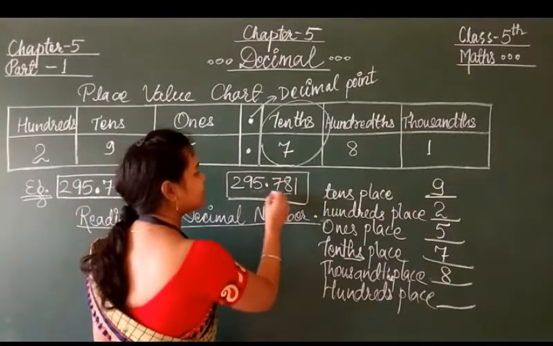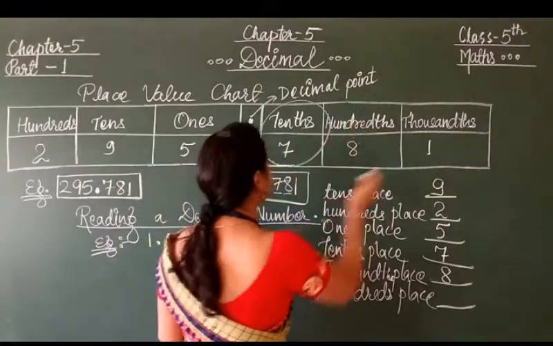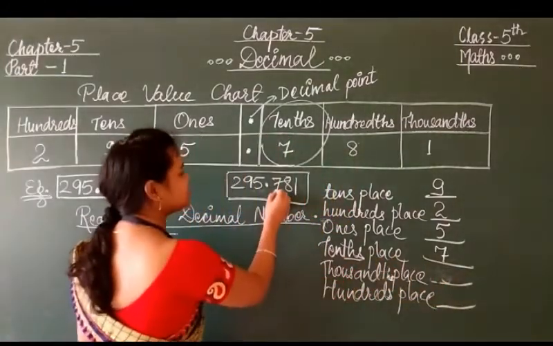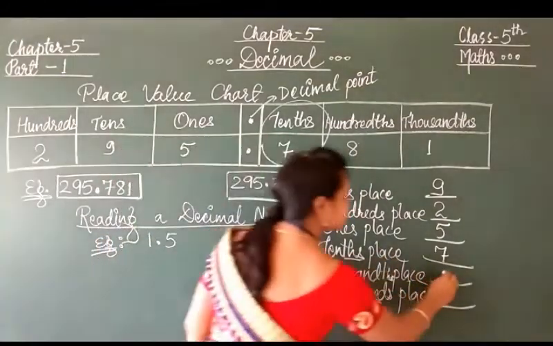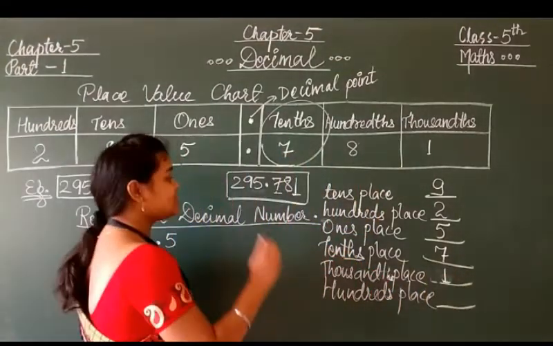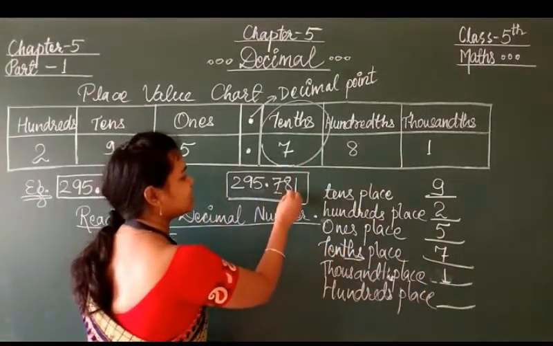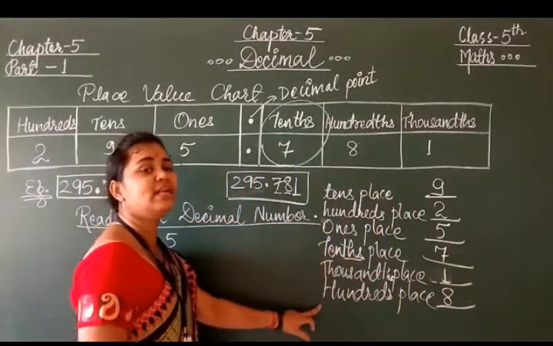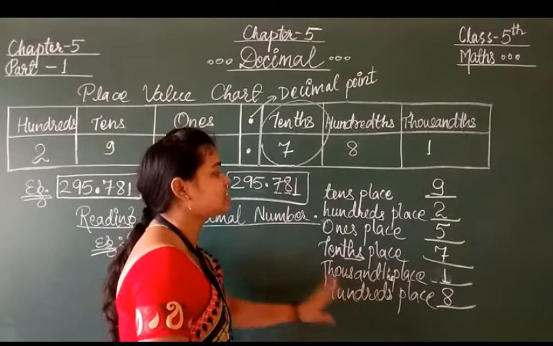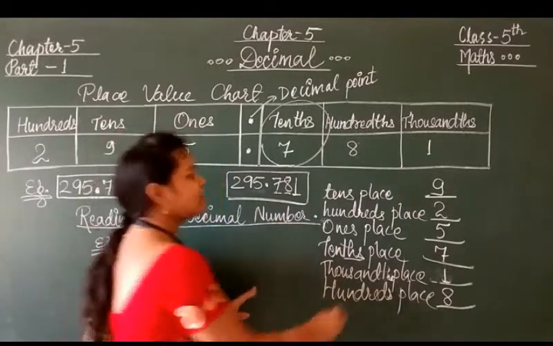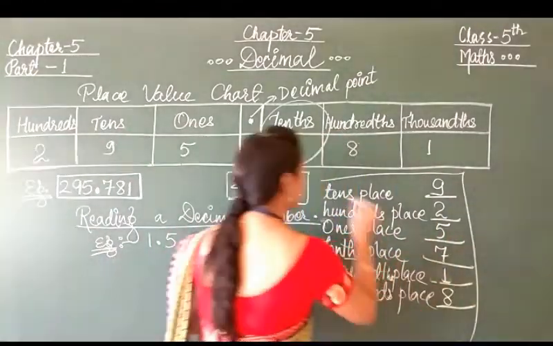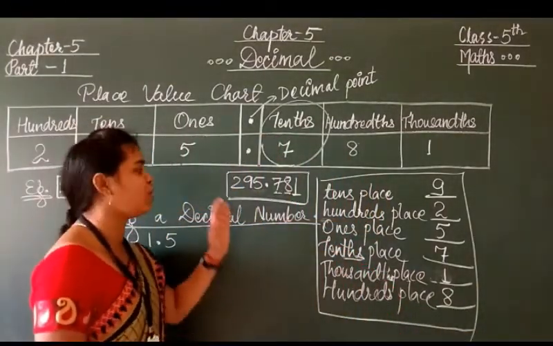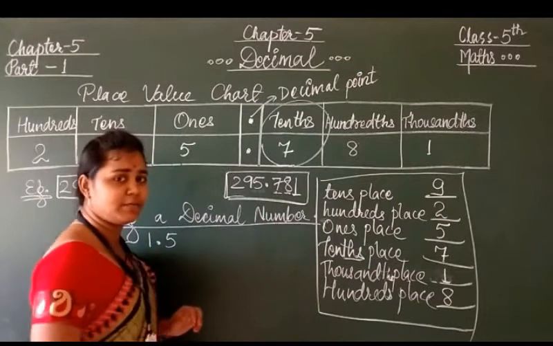Okay. Then after that tenths, hundredths and thousandths. Sorry, this is not thousandths place. Thousands place is tens, hundreds and thousands. 1 is in thousands place. Okay. Then after, see, tens and hundreds, 8. So 8 is in what? 8 is in hundreds place. So students, in this way we can see the place value of all the places of all the numbers given in a decimal number.